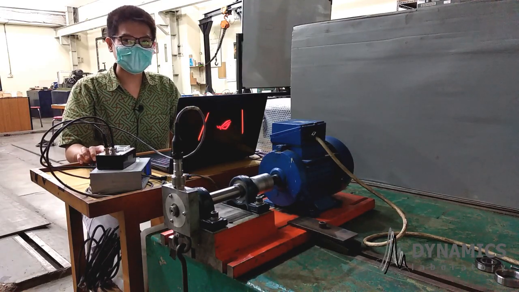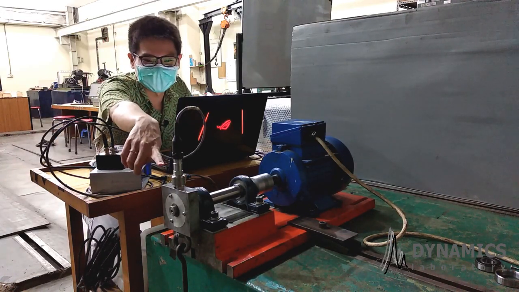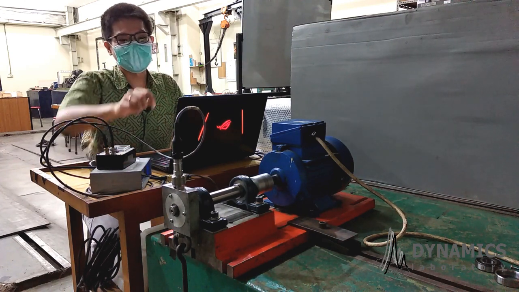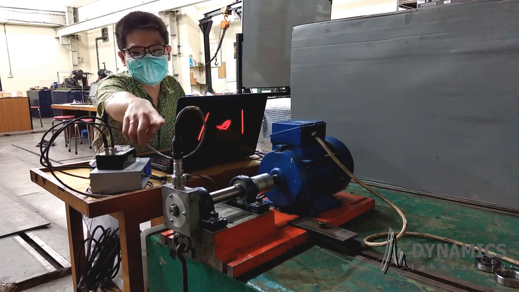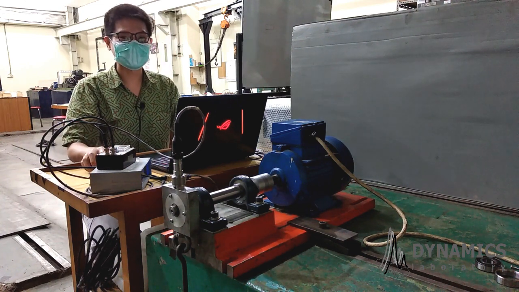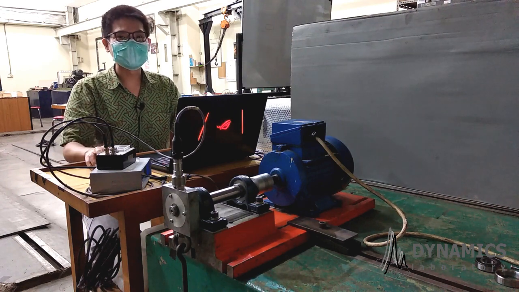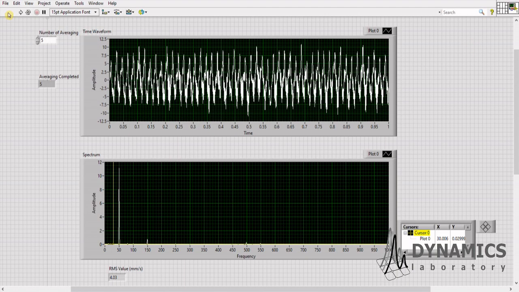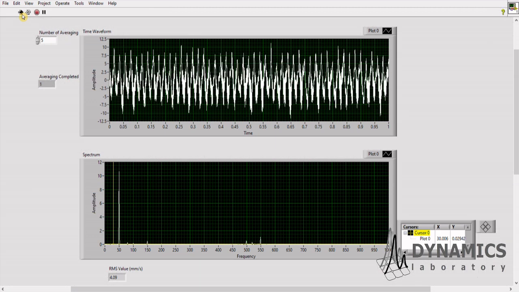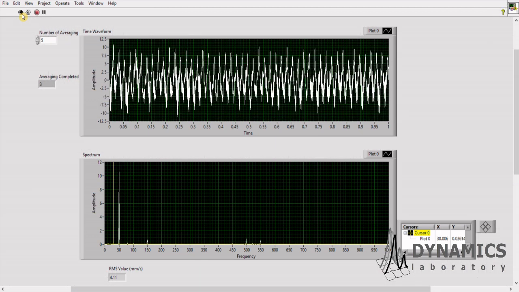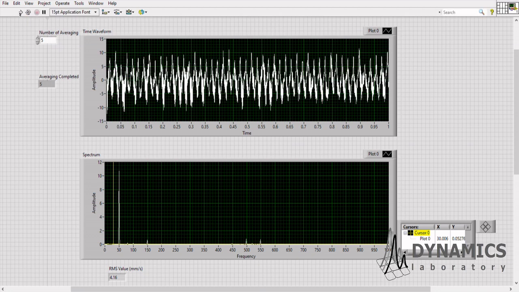For the second experiment, we will analyze the tested bearing condition. Therefore, we will move the accelerometer to the bearing housing in order to get the vibration data of the tested bearing. After the machine is running, we can start acquiring data on our LabVIEW program. After the acquiring is finished, we will take the vibration time domain data and move to MATLAB program for further data processing and also spectrum analysis.